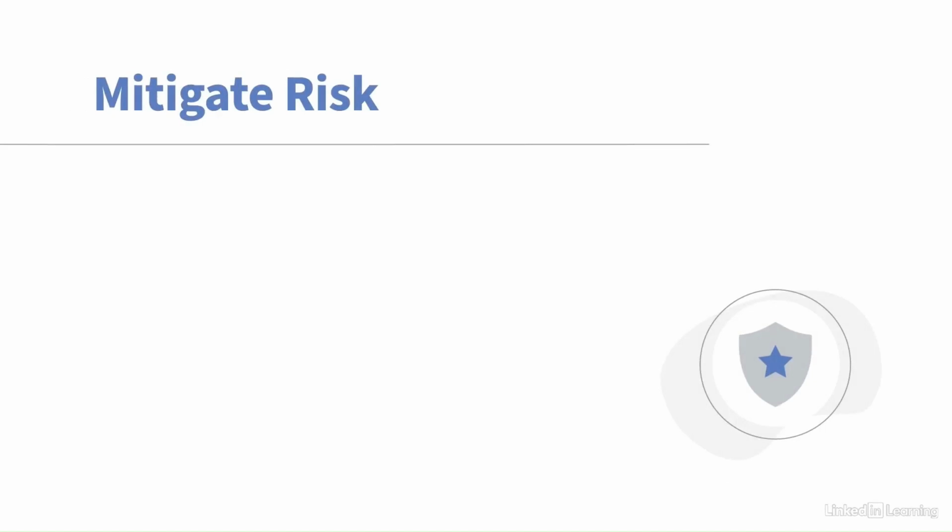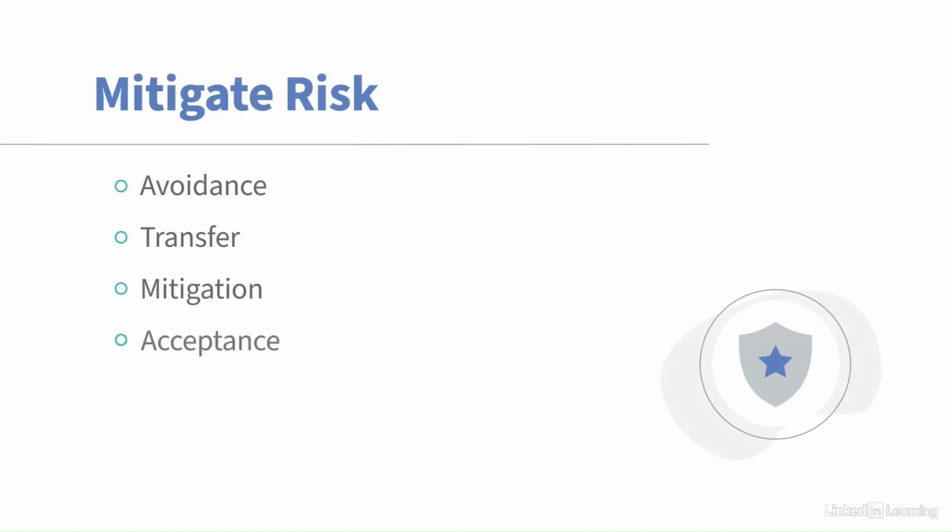What could you do to mitigate these problems? You could try to avoid problems. So can I do something to actually avoid this issue altogether? Can I transfer this issue to somebody else? Like in this case with our database not available, that is already transferred to somebody else, to the person who is in charge of the source database. Mitigation would be, okay, can I reduce the risk? For instance, for our wrong data, or for our missing data, we could implement strategies to actually find out, is this data right, or does this look wrong? This can be something